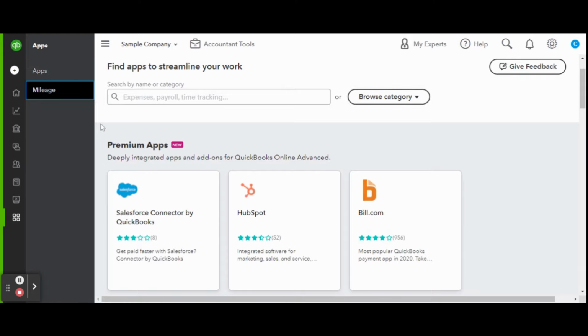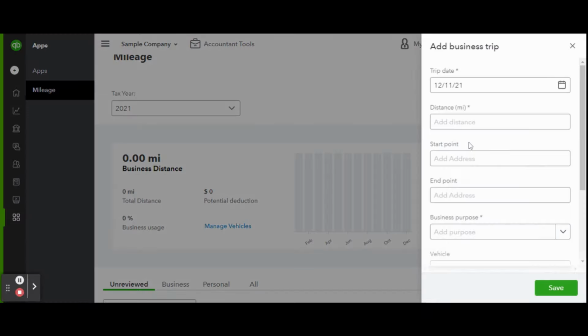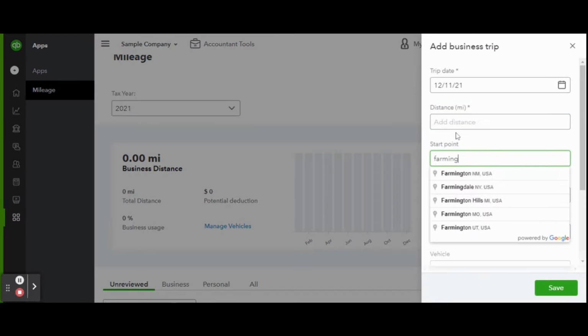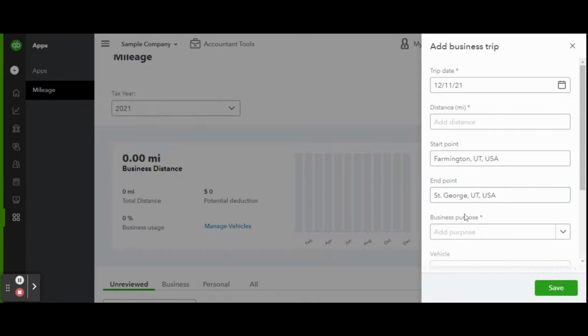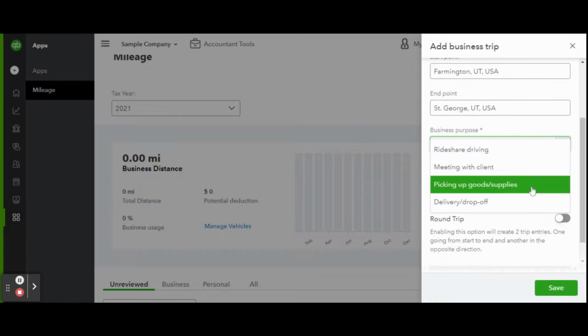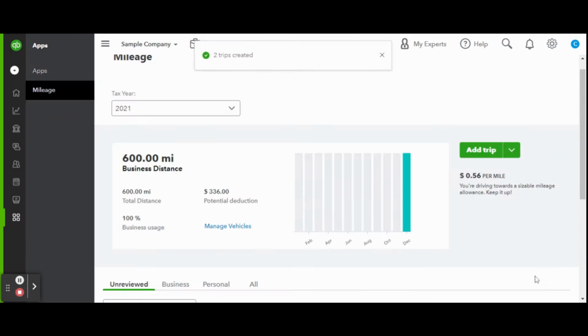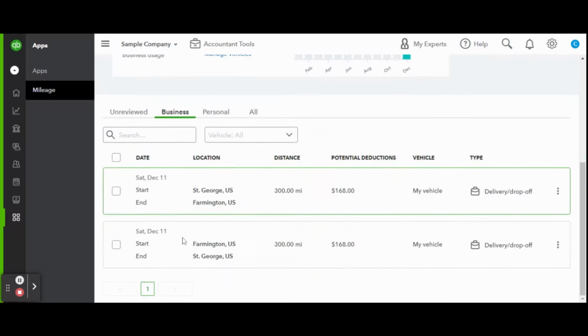Tracking mileage is so important for any business owner, but especially for those who travel from place to place and job to job. You can connect directly to the QBO mobile app or enter in trips manually and keep track of different business travel purposes. Easily click the round trip button to let QuickBooks Online calculate for you. You can even manage vehicles if you have a fleet to track and simply scroll down to view all of your trips. And there you have it, a complete overview of the new 2022 changes coming to QuickBooks Online Business